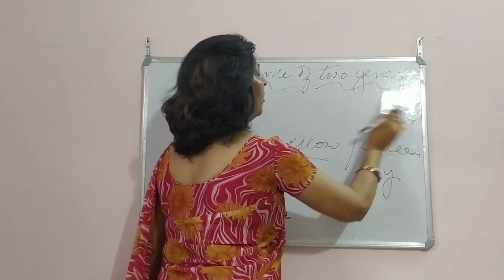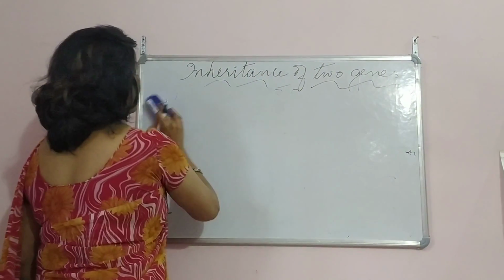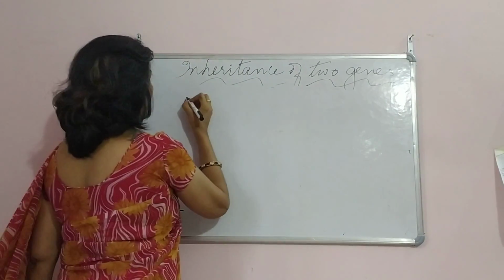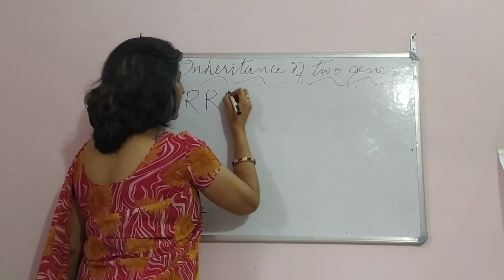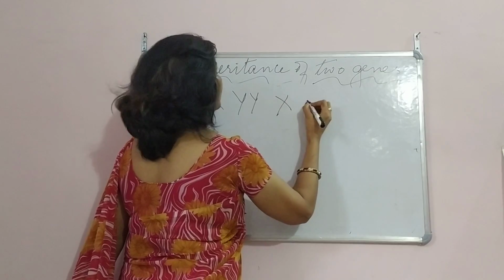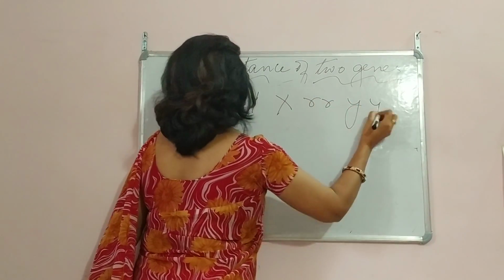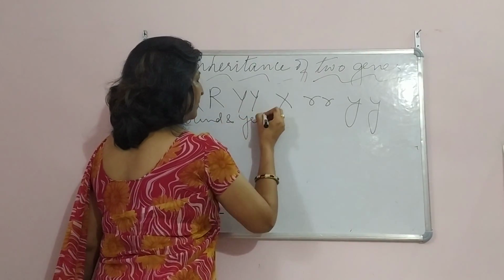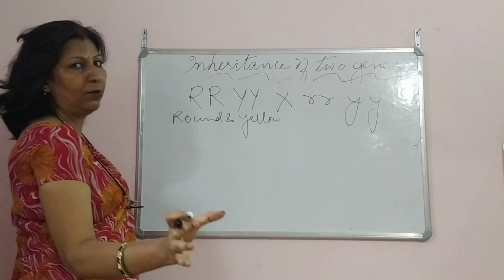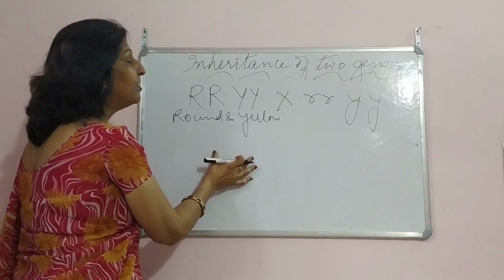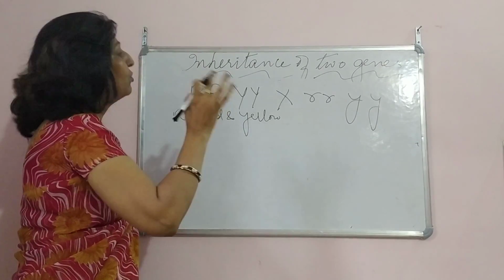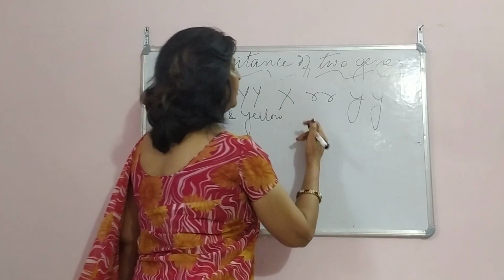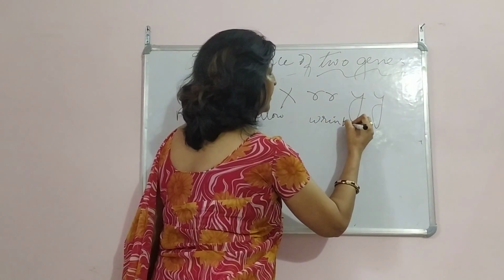So how do we? We take 2 parents. You know, whenever reproduction, as I told you, that is what causes inheritance and variation. So we take the dominant characters at one particular time, and then we cross it with the recessive one with the other. So what is this? If you remember, round and yellow. Okay, together. So now this is 2 characters at one particular time. So 2 genes studied. 2 genes means the color and the shape. So both 2 genes we are studying at one particular time in one particular plant. Got it? And here this denotes wrinkled and green.